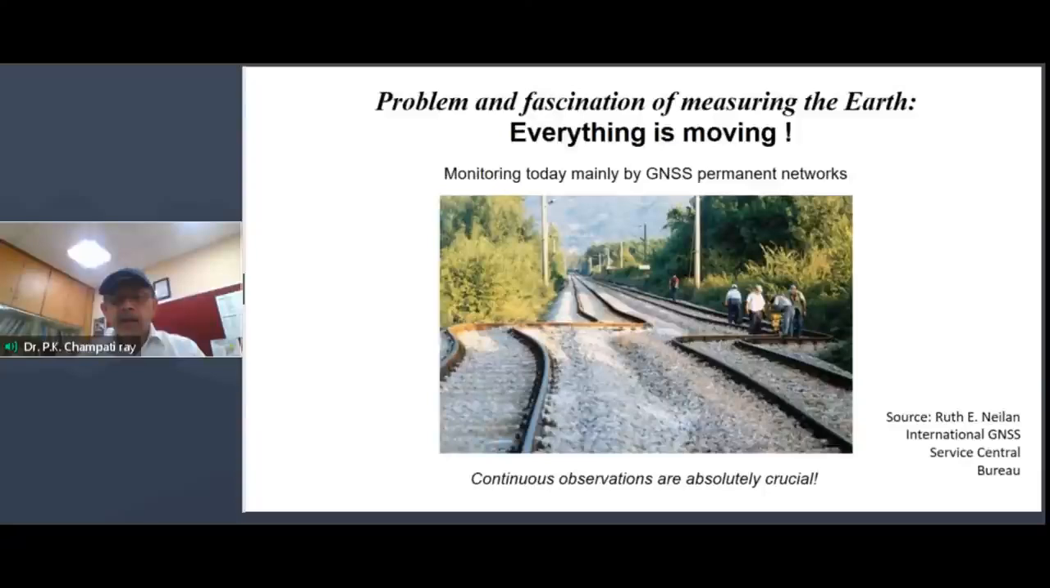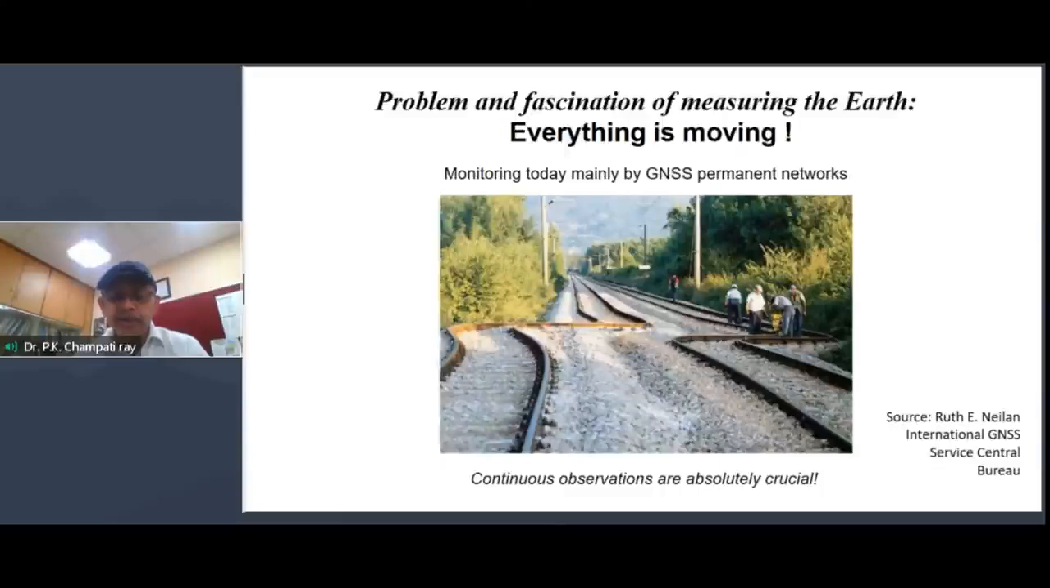So if you look at our cultural features or the infrastructure like the railway track, you can see how the railway track has moved in this picture due to the fault movement. So somewhere it is very catastrophic, and you can see it very easily, but sometimes the movement rate is so